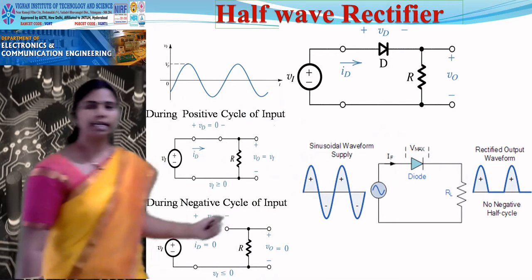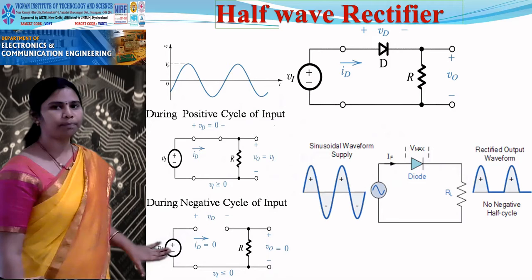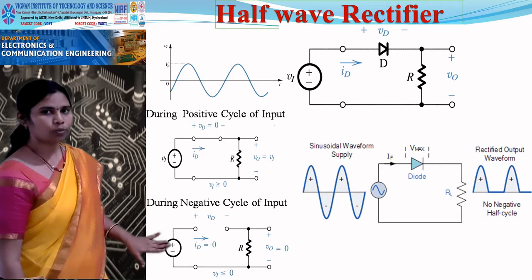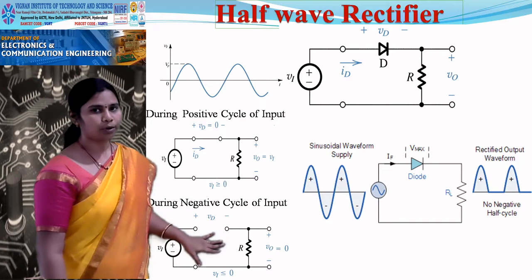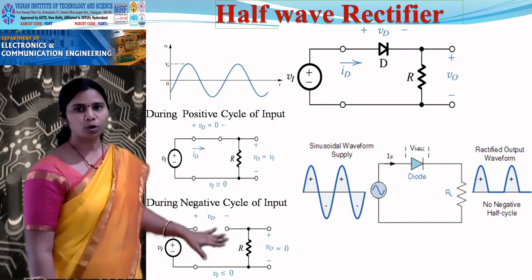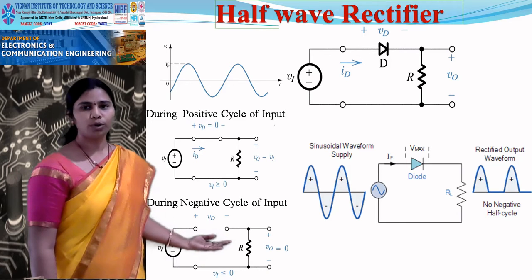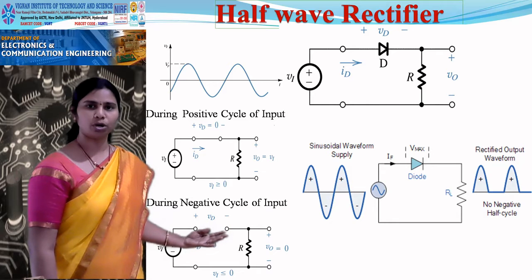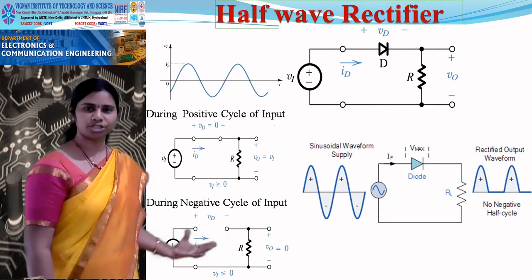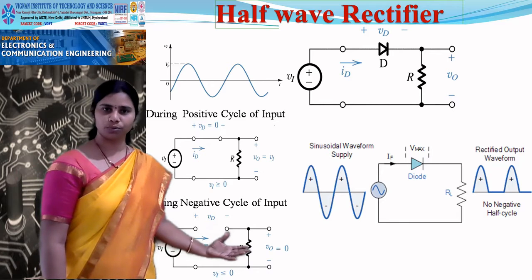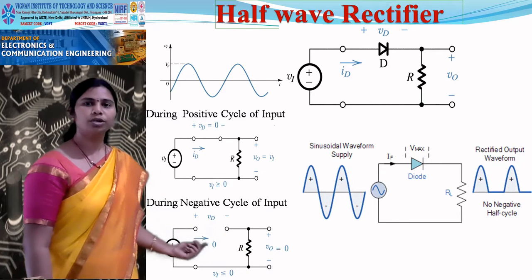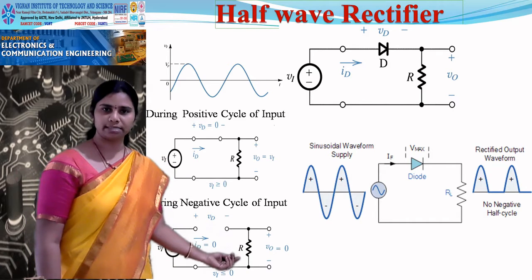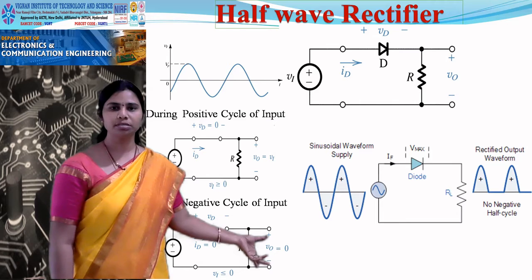Now, let us go for the second part, which is when you have applied a negative half cycle. When you have applied a negative half cycle, negative is applied to the diode P region. Because of this, you see the diode is reverse biased. When the diode is reverse biased, it will work like an open switch, an off switch. So there will be no conduction through the device as the circuit is open. You will not see any current through the loop or any current through your load resistor too. So the output voltage is 0.